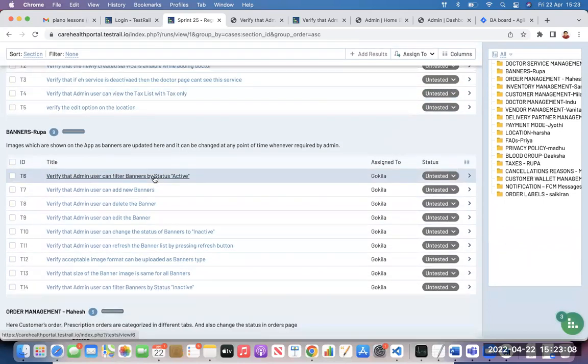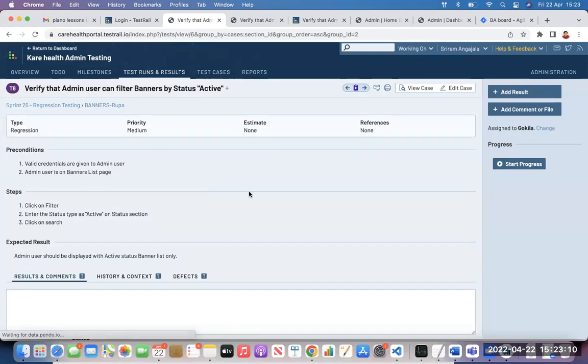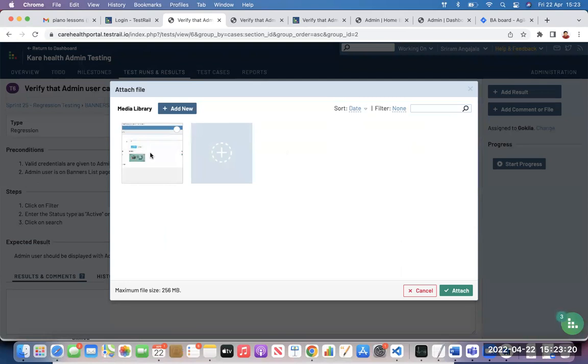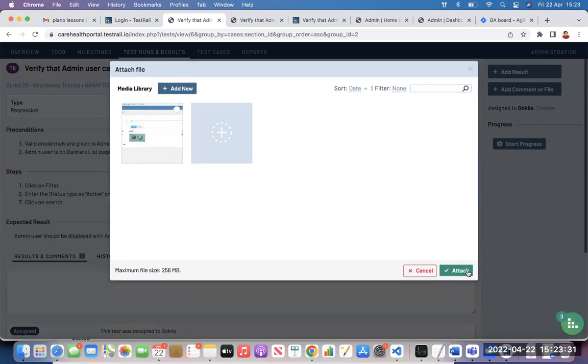I think I did the wrong one. Sorry. Again, see here, open the test case, click on add result, select the passed drop down, select the image, click on this, attach it so that the result is updated with the attachment. Okay, you see that attachment,